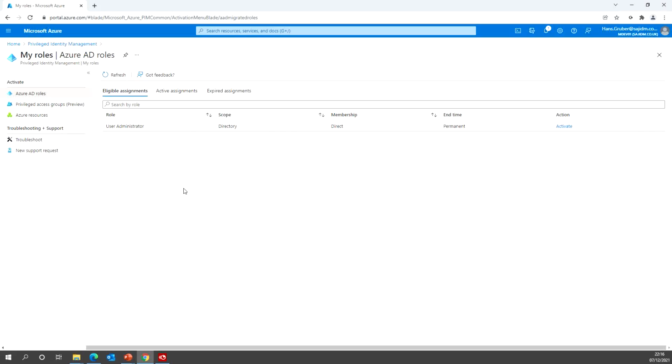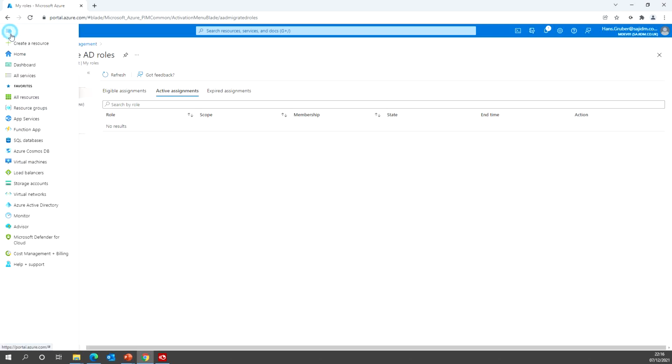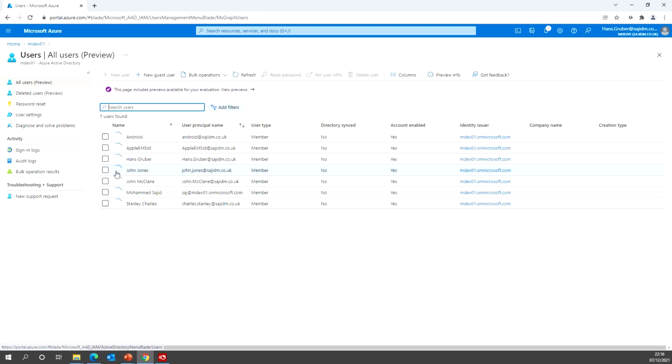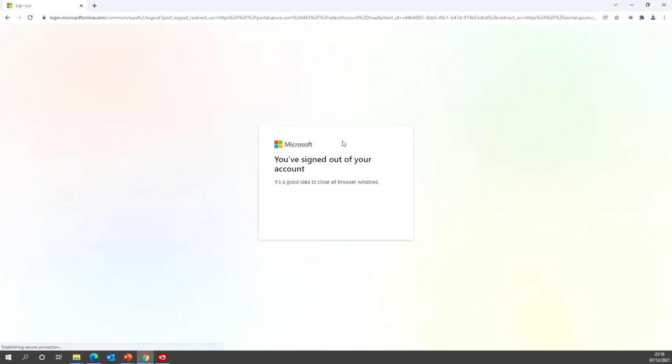If you look at Hans, you see a single eligible assignment. If you look at the active assignments, there are no active assignments at this moment in time. It might take a little time to appear. So if you look at Azure AD now for Hans, and if you go to users, it still doesn't have the ability to sign in. So if that's the case, if we sign out of the Azure portal and sign back in,